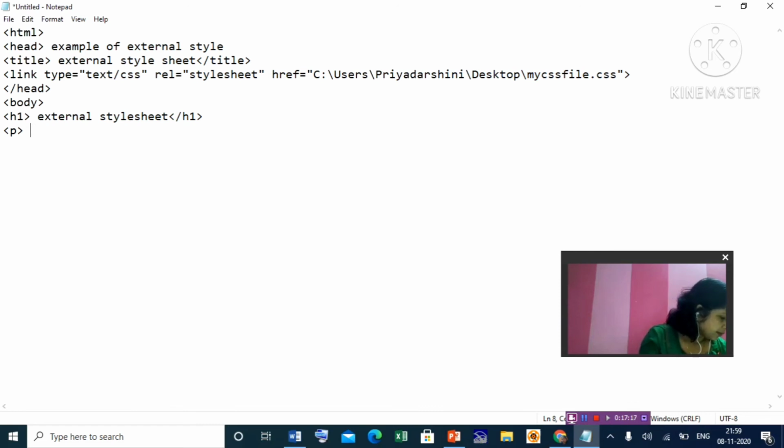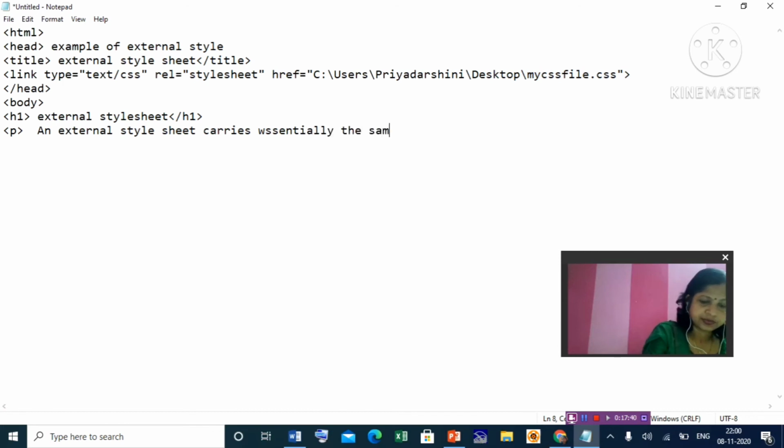Just typing one paragraph, and external style sheet carries, this way you can type your paragraph.